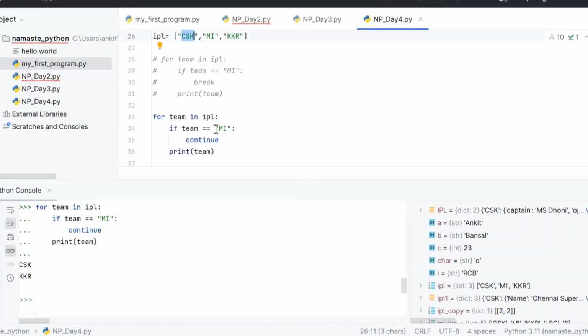It will check if it is equal to MI. No, it will print the team. For the second iteration, it will again check if it is MI. Yes, then continue, which means it will just go back to the next element. It is not going to do anything. It will skip everything for that iteration only and move on to the next iteration. Okay, so if you see, CSK and KKR are printed, only MI is not printed.